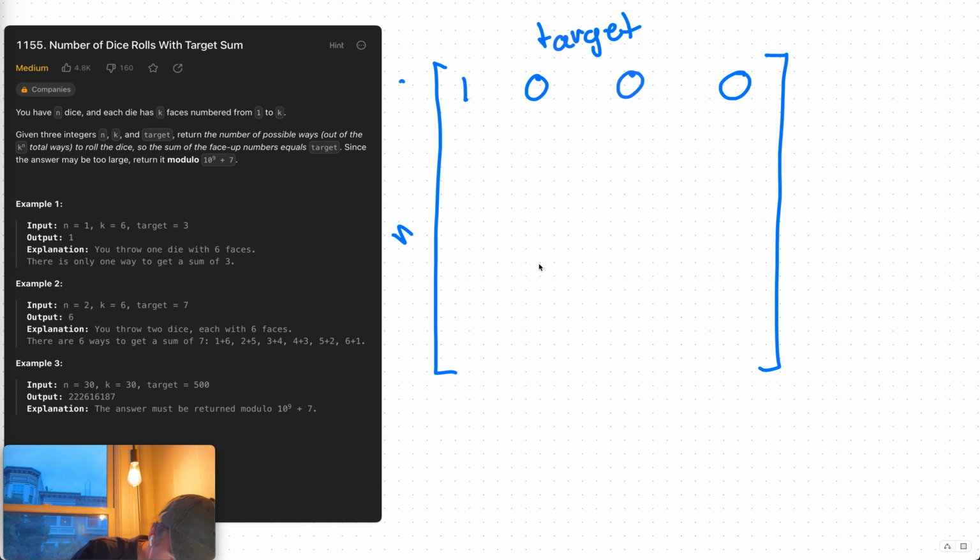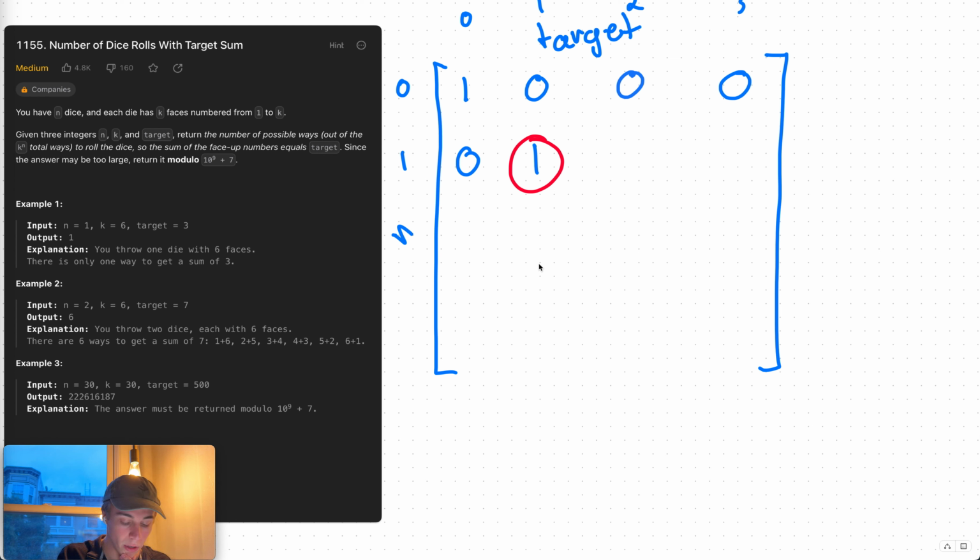When I have 1 die now, what is the number of ways to get the target 0, 1, 2? Well, there's 0 ways to get 0, but there is 1 way to get a target of 1. That is just by rolling 1. So what you can see here is that the question I'm asking is, given that I need to find this number here, n equaling 1, target equaling 1,